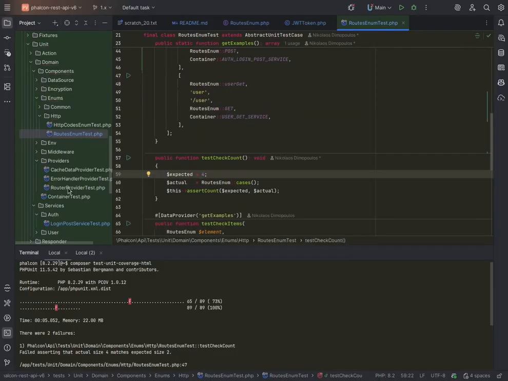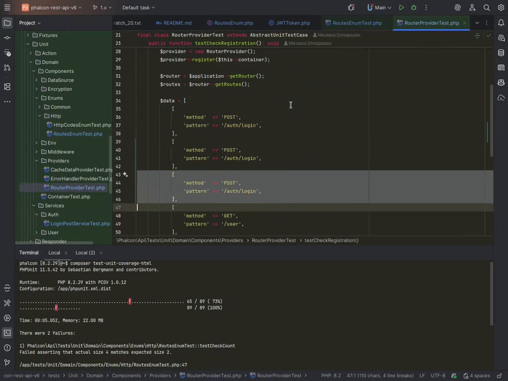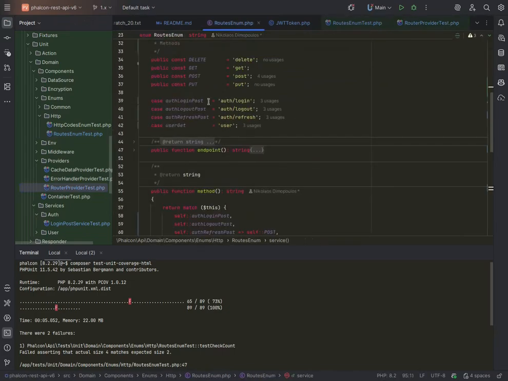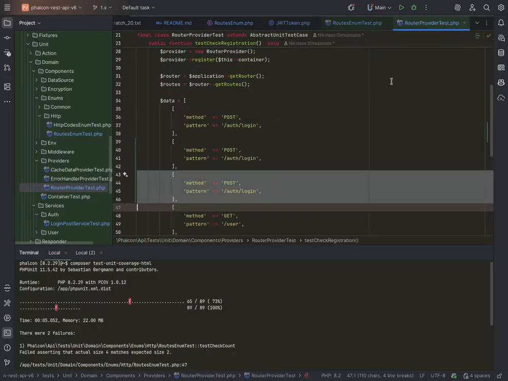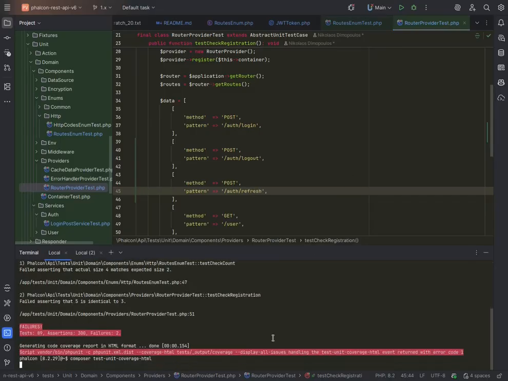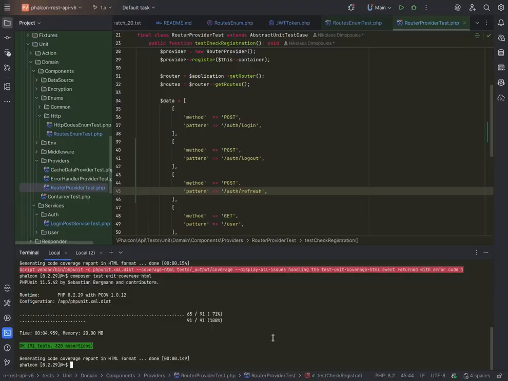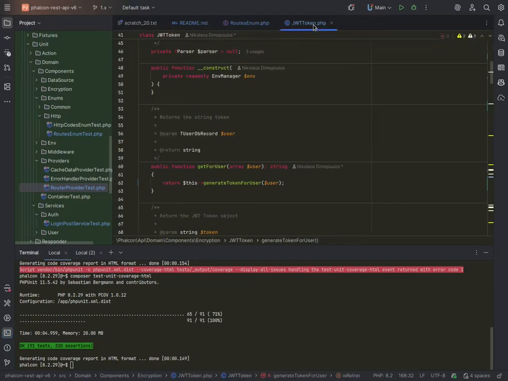And for the router provider test, it's here, and we need 2 more. How do we define them? We have login, logout, and refresh. Okay, so login, logout, and refresh. They appear the way they have been registered. So first in, first out. So in theory, if we run this, we should be okay. Alright, and that's excellent because if you recall in